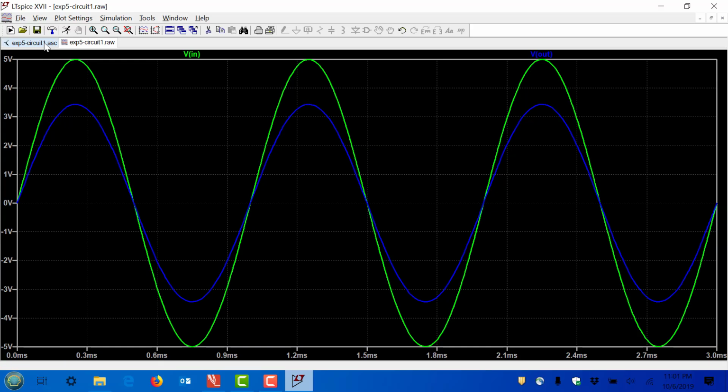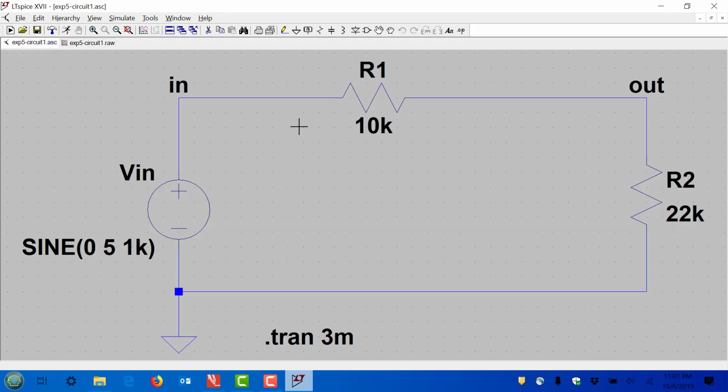And then for the experimental setup, I ask you to set up the circuit, set up the 2 resistors. First, you have to get the resistors from your kit, right? The 10K and the 22K. I explain which colors those are. You could double check, okay? And you can also measure with the multimeter to double check those values are correct, okay? And then you're going to set up this circuit, okay? You're going to set up this circuit. And then, of course, this V in, that's going to come from the function generator. So I ask you to first set it up, measure it with the oscilloscope, then connect it to your circuit,